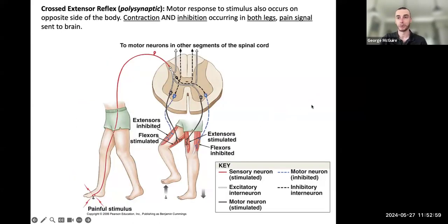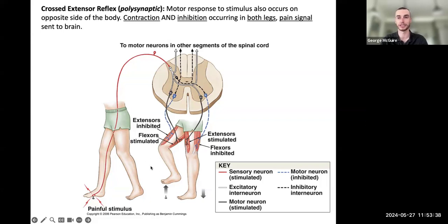And so this can be even more complicated with something that affects a larger system, like our balance. So essentially with the same setup of one part of our body moving away from a painful stimulus, but in this case, it's happening in our legs. And so while we are in motion, taking a step, if we simply had that same pathway where we flex the hamstrings of the leg that was stepping on that painful stimulus, and inhibit the extension of the quadriceps of that same leg, that doesn't do anything to help our movement and protect us from just falling flat on our